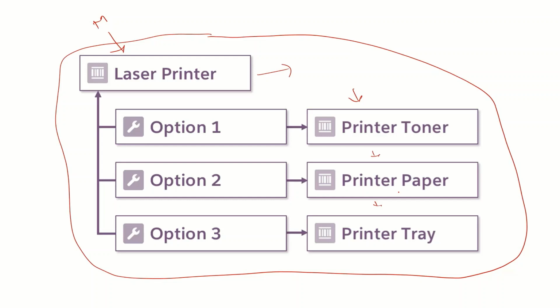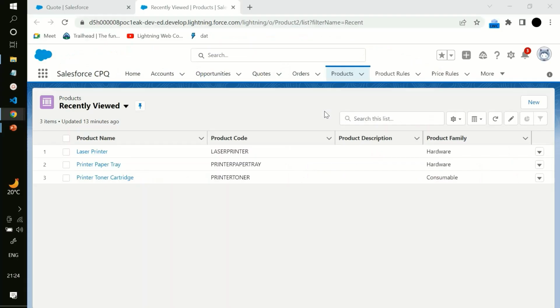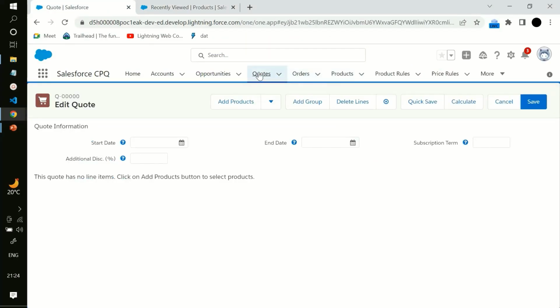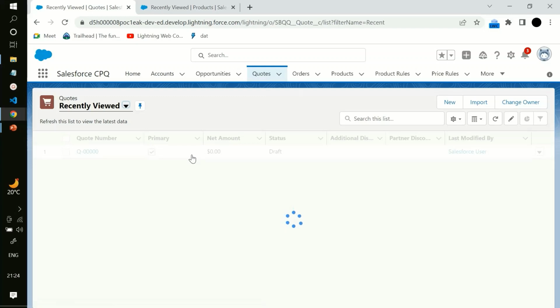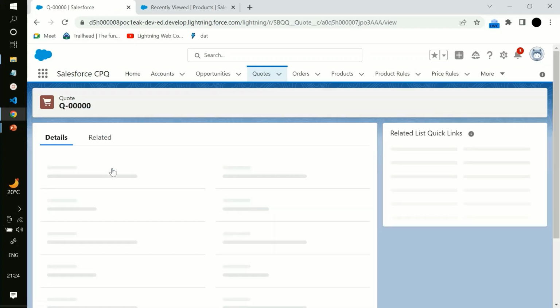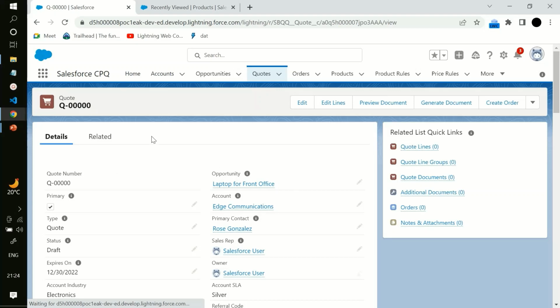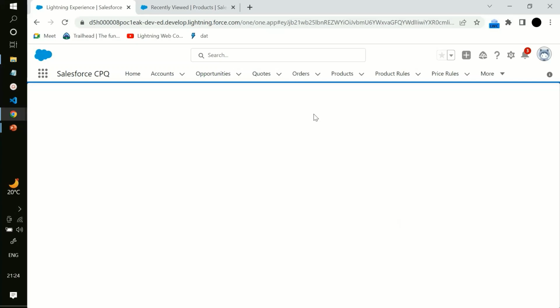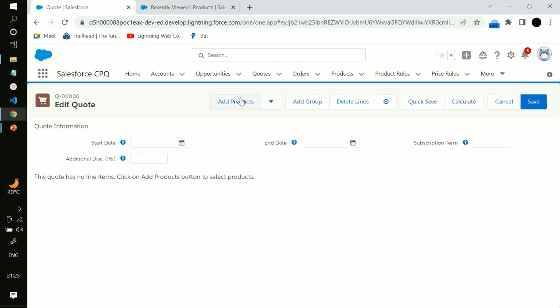Now we will go to the org and see how it works. So for an example, I will go to one of the quotes. Now, if I want to add some products in this, then we have to go to edit lines. As of now, there is no product under this quote. So I will just add some products in it. I will just add product,